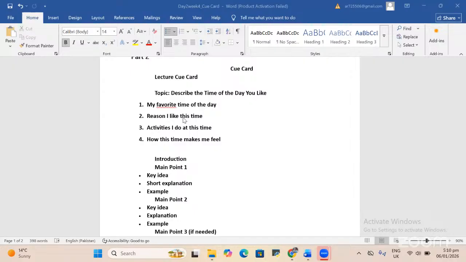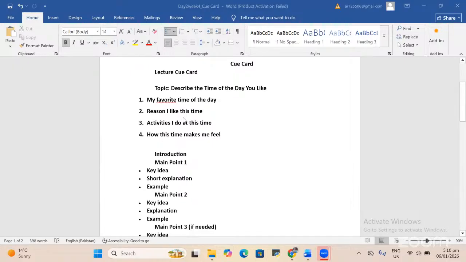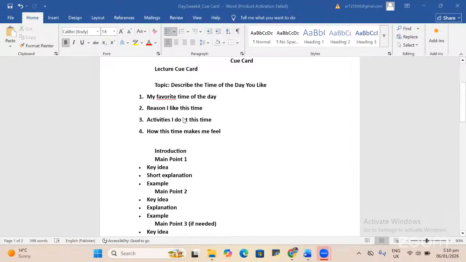Otherwise, maybe you just start discussing 1 or 2 points, or maybe you skip others due to including irrelevant information. So if you use this strategy, first you give your key idea relevant to your point, then give a short explanation and example, and then move on. This is the best way to discuss each point.